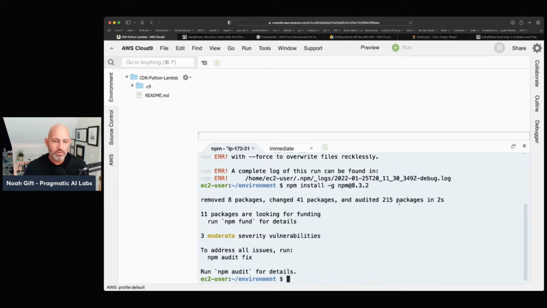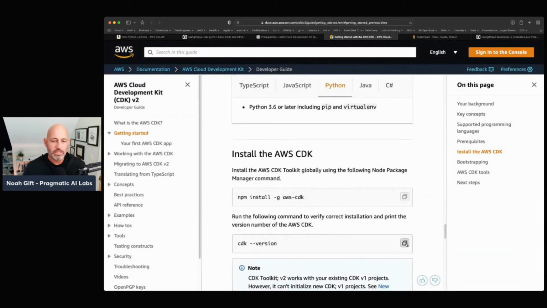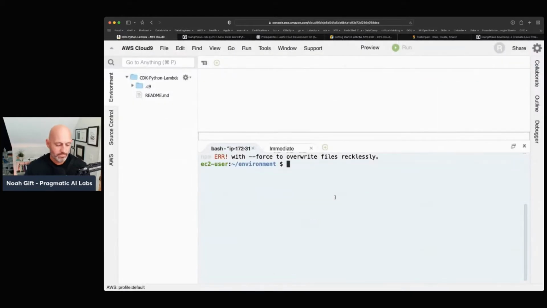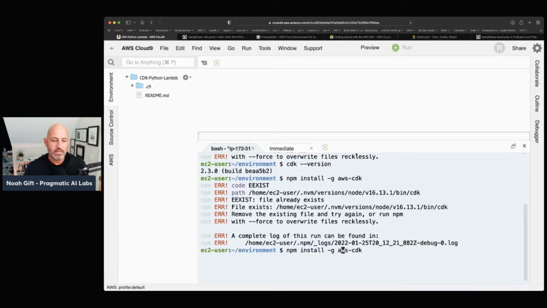And then if I go through here and check what version I'm running, this will tell me whether I was able to update it or not. So I'm going to type in cdk --version, and it looks like we are running 2.3. So what we'll need to do is run this command again here, npm install, but I'll need to do --force so that it will upgrade the version.